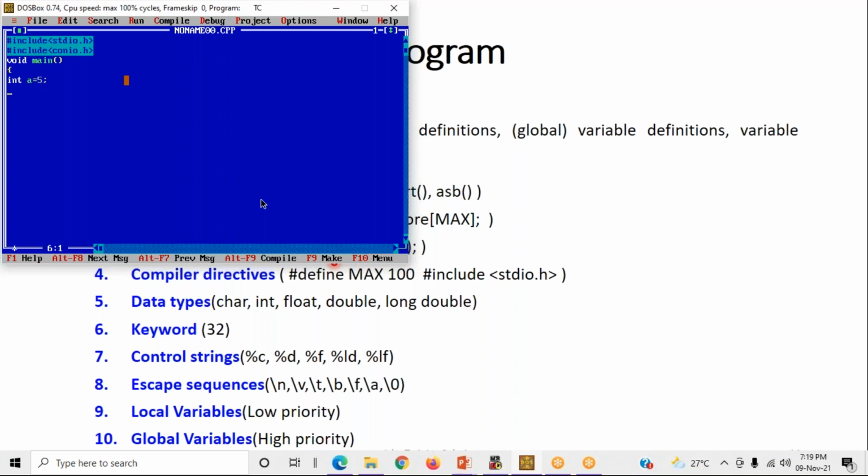Next I will use this function clrscr. Whenever I use this clrscr function, the screen will be cleared first, and only this particular program's output will be displayed on the screen. Next is printf of